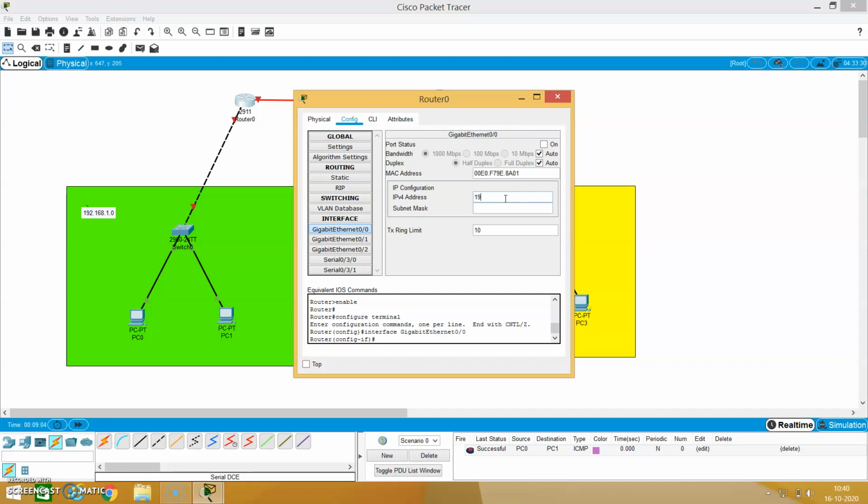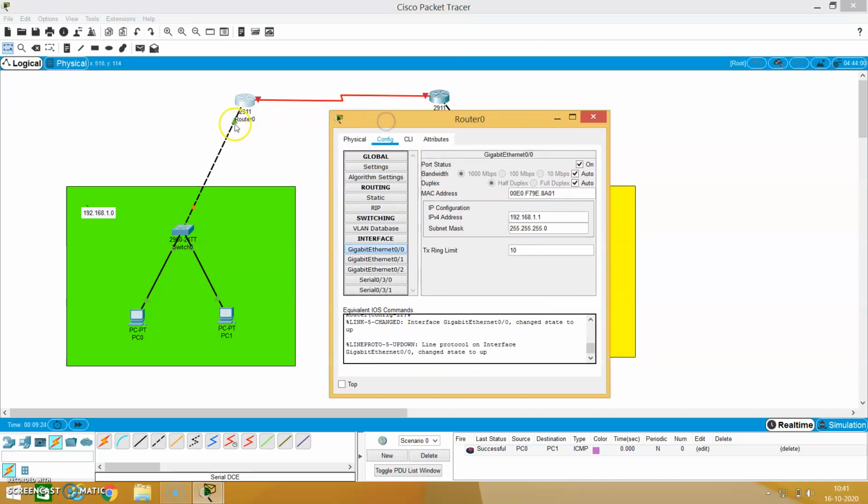So I am giving 192.168.1.1 as the address and the corresponding subnet mask. After giving this IP address and subnet mask, just check on this box. Then only that interface will be turned on. Okay, it will bring up that interface.